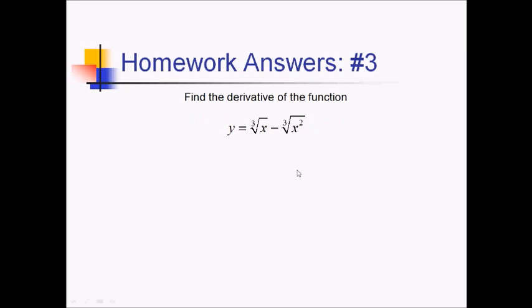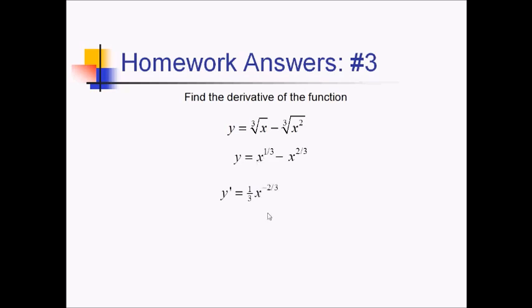For this problem, to find the derivative, I'm going to rewrite these with exponents. So this first one I can rewrite as x to the 1/3 power, followed by minus x to the 2/3 power. Taking my derivatives now, using my power rule, I've got 1/3, and then I'm going to have x to the whatever 1/3 minus 1 is, so that's going to be x to the negative 2/3,